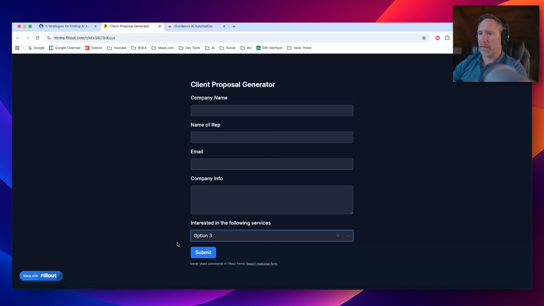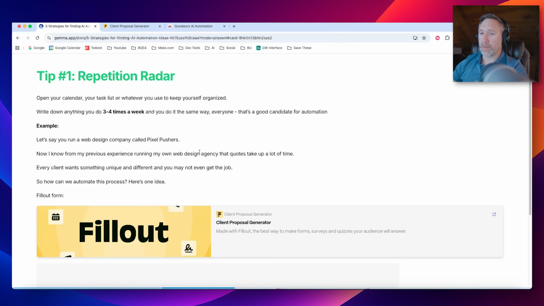So right off the bat, I'm already collecting their information in real time. So I'm saving some time there. And let's see what comes next. So if we look at this simple automation that I came up with in make.com, we see we have the